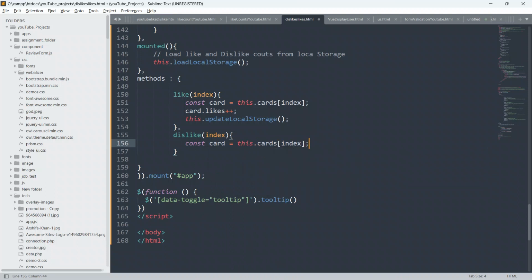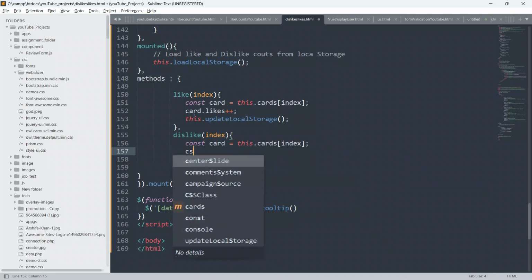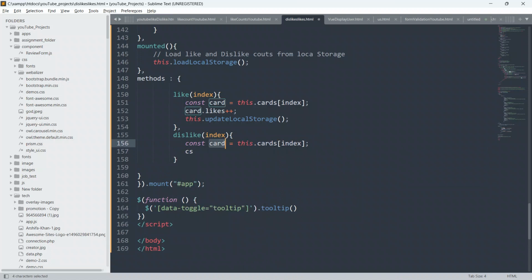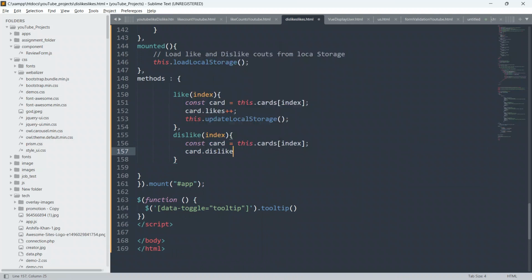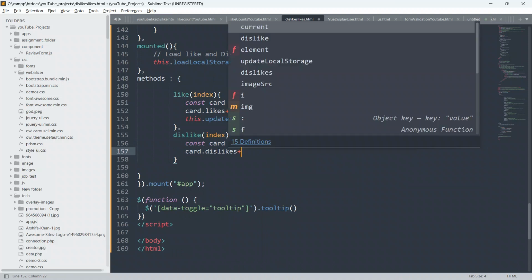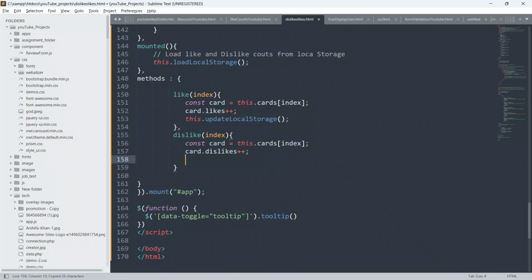Close this. So this card.dislikes we will increase by 1, and at the same time we will also update our local storage.